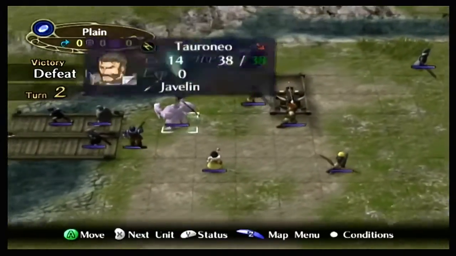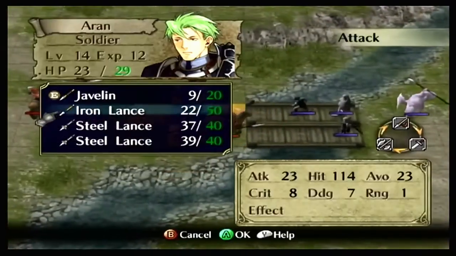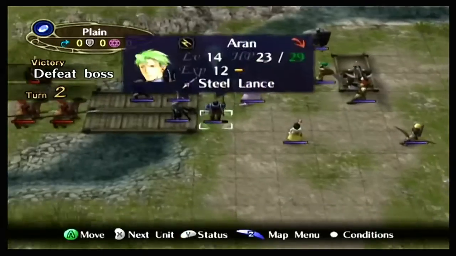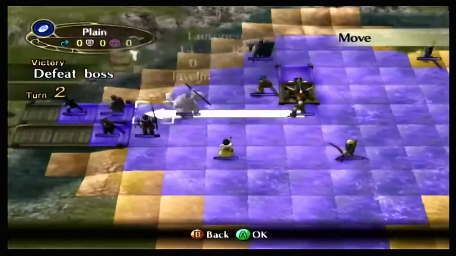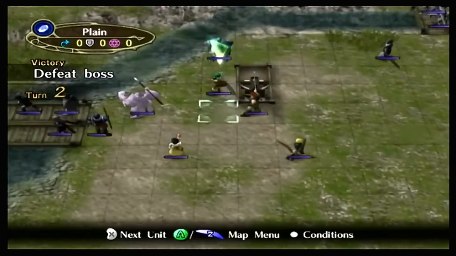And all of this was in a bid to then have Tyrone. Maybe I could just have Aaron. Aaron cannot defeat him. But Aaron could run up and take him out with a steel lance. So I want to take out this guy again because he has the red gem. And then this way I don't have to worry about him like running away or anything. But I also don't want to leave myself open to some enemies here. So what I think I'm going to do